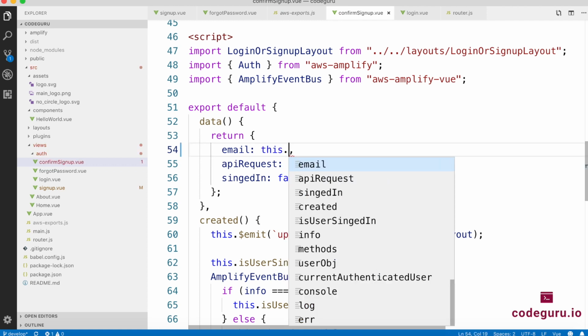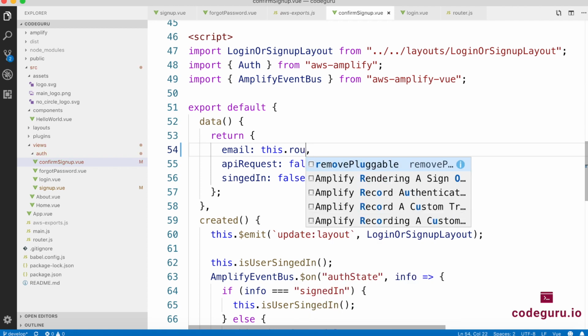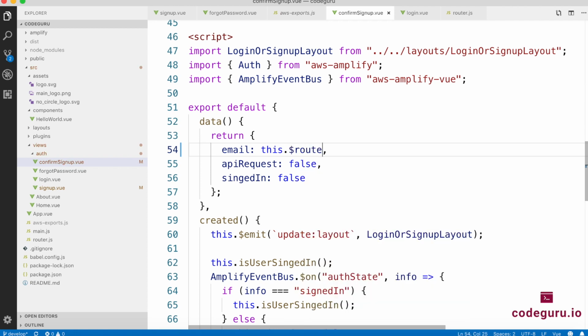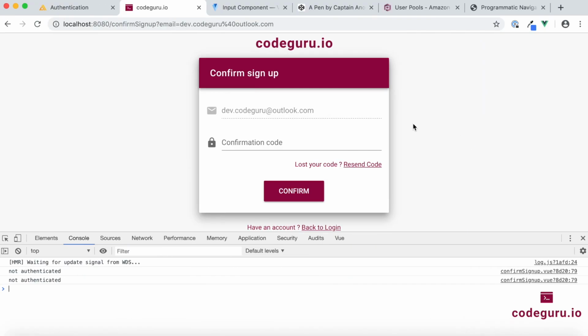It's pretty simple. All you need to say is this.$route.query.email. So this value will contain it. It's not router, it's route. Whenever you are trying to address that particular route where this particular component is available, that's route, and the query and email are passed as these. So now let's go back to our IDE and have a look. Here you can see now that value has been changed. The reason that value has been changed is because of this value which we are passing over to our confirm signup as a part of our